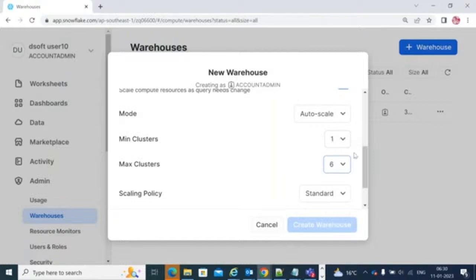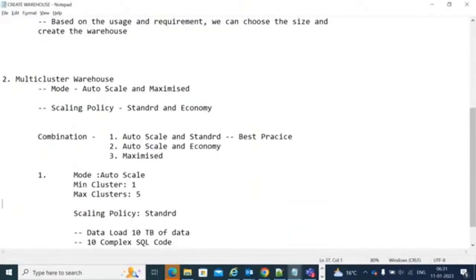If it is not sufficient with one cluster, internally it will increase to 2. If this is not sufficient, internally it will increase to 3. Internally it will increase to 4. Internally it will increase to 5. Internally it will increase to 6, as you have defined the maximum clusters as 6. Is that fine or not? Okay. And then even for your queries also,